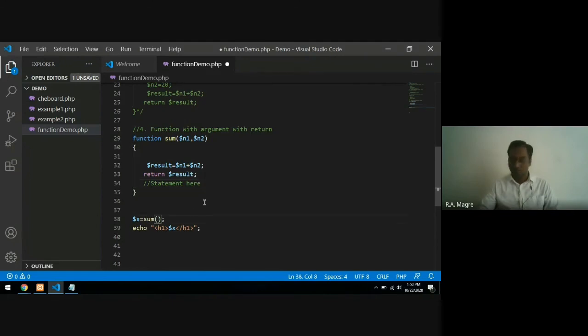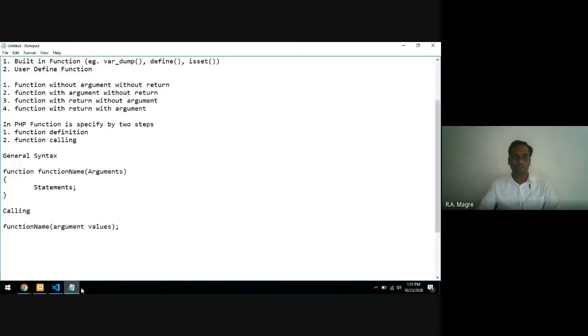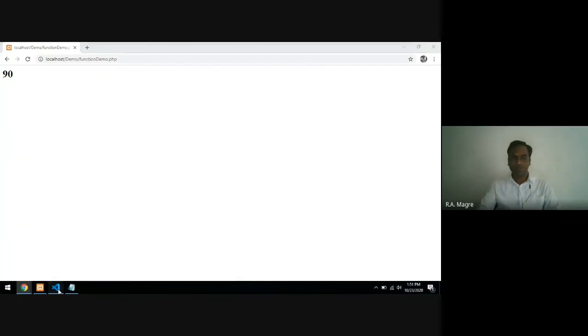Okay. So pass again two values 15 and 75 and now we are printing the result here. Save it. And you can see here the addition is 90. Okay.